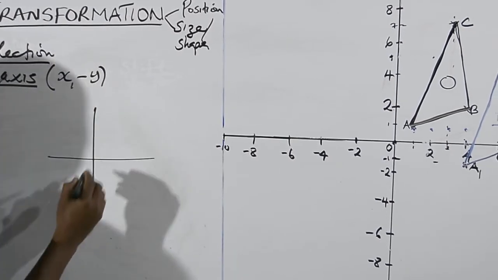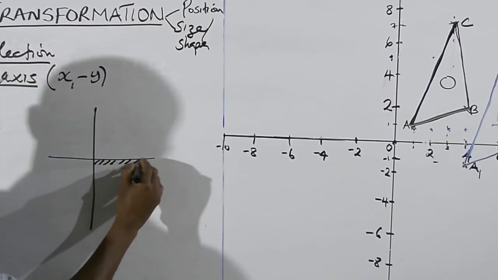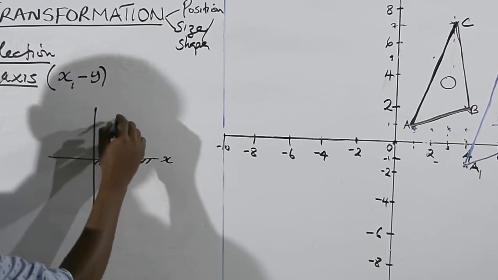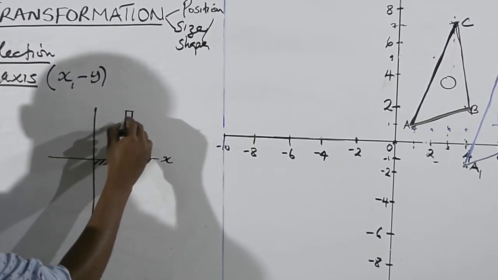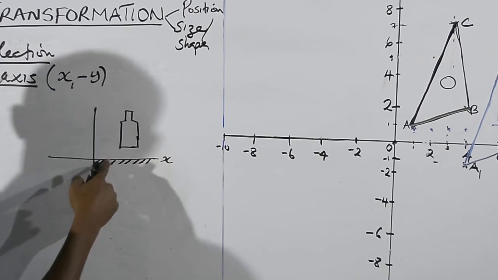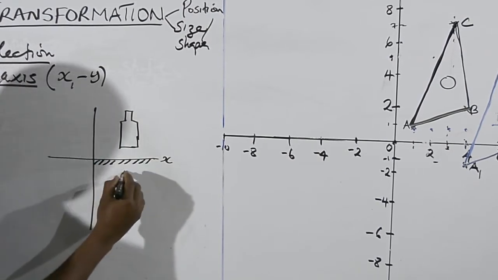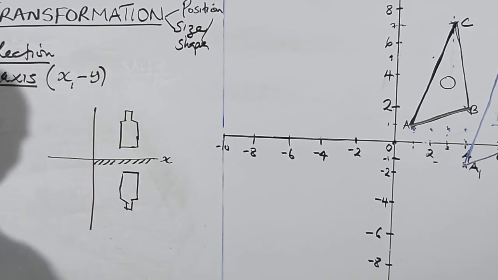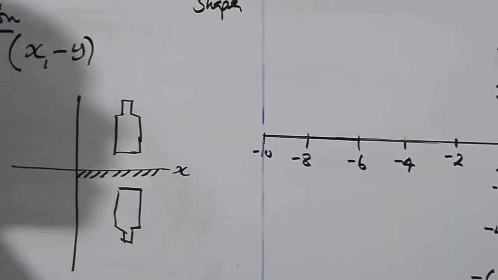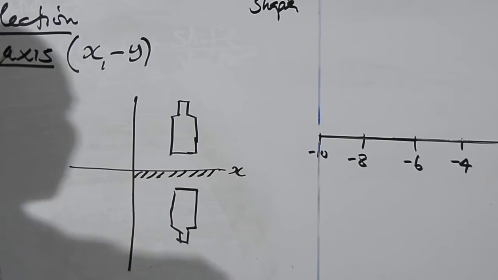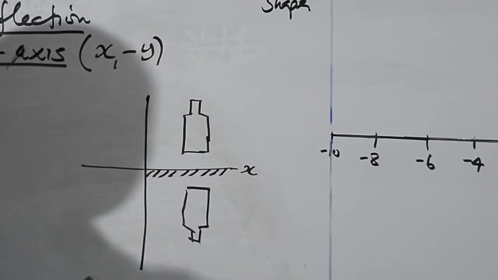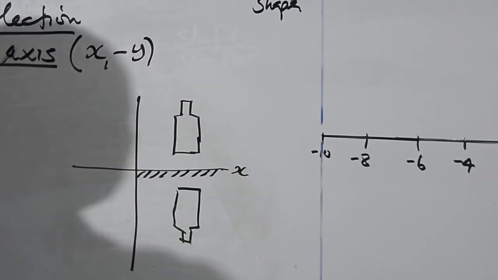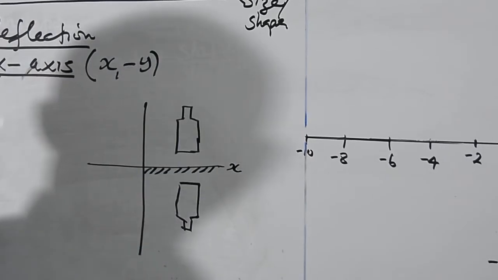What is this type of reflection? It's like the mirror is on the floor. When the mirror is on the floor, that is the x-axis. Let's say I have a bottle standing there, and if I want to reflect this bottle on the x-axis, I want this bottle to appear this way, there. This is the reflection in the x-axis, and to get this bottle to reflect its image in that x-axis this way, this is the formula that will get you there. So this is the reflection in the x-axis.